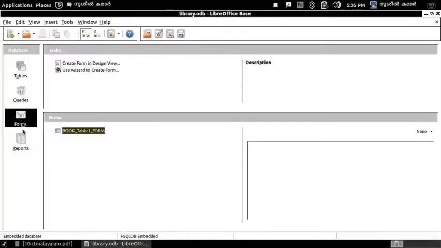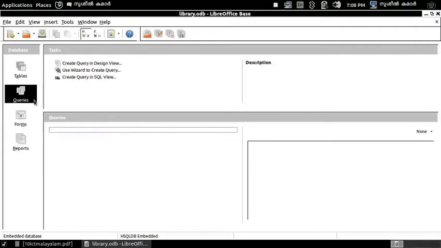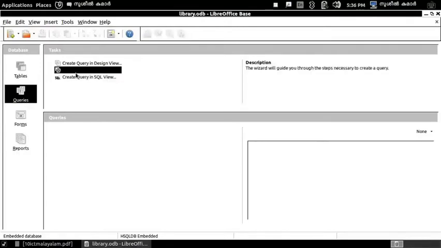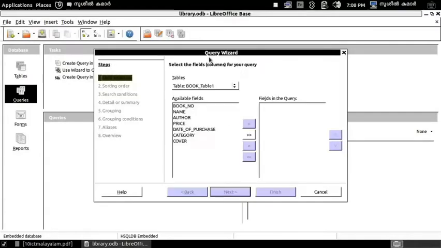Now we are going to create a query. Press the query option, then press use wizard to create query. So we get the query wizard.